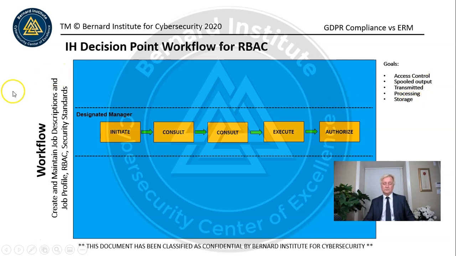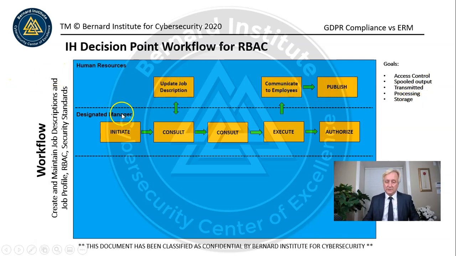This is very important. So we're going to talk to human resources about updating job descriptions, first of all, to make sure that the roles and responsibilities are defined clearly. From the job posting to the time we hire somebody to the time that the manager who hires them is responsible for their activity, the job description needs to be perfect, right? It needs to be as close to perfect as possible. A lot of times my experience has been that the job description actually doesn't take any consideration for access control rights or rights to information.